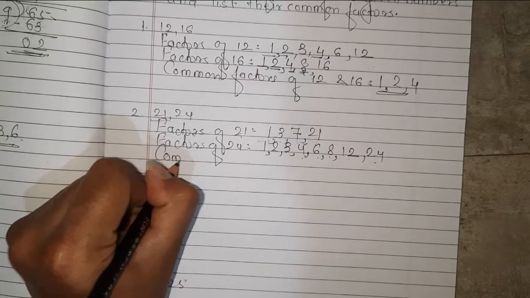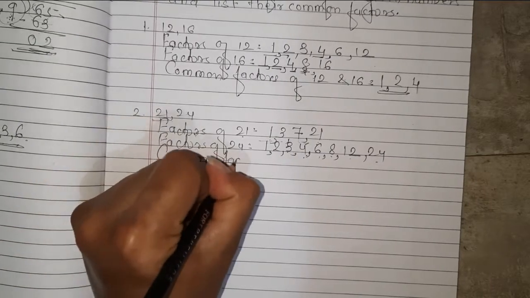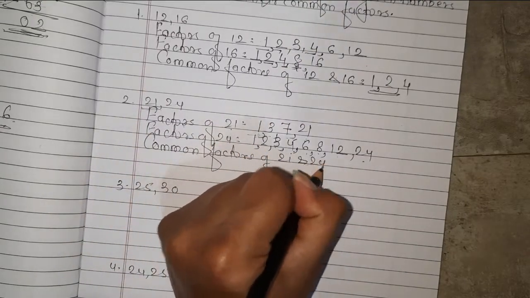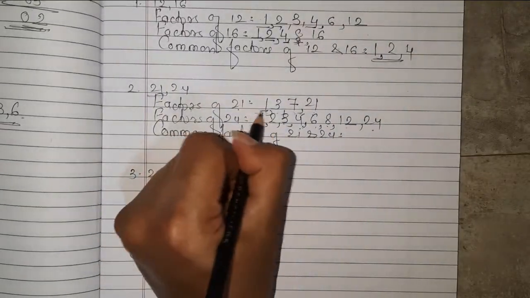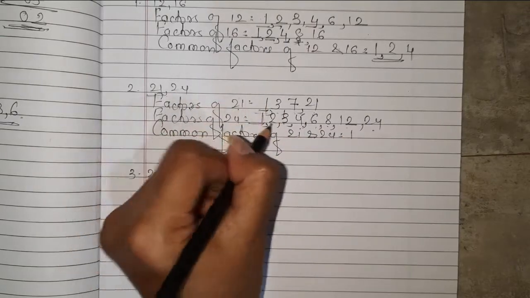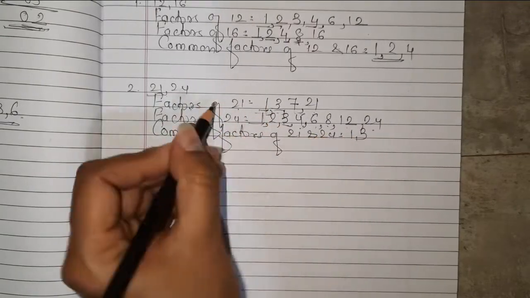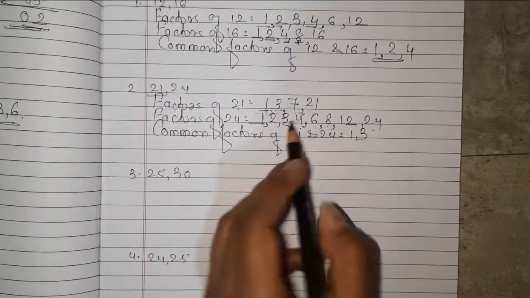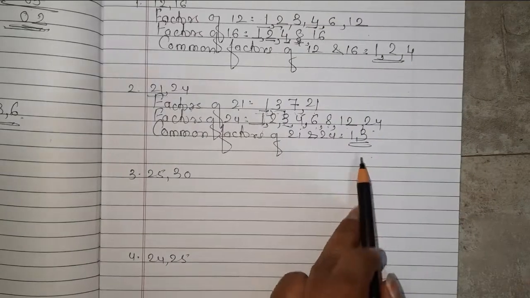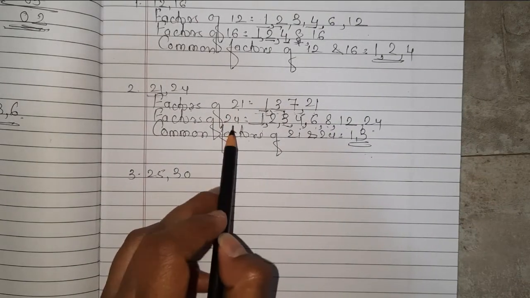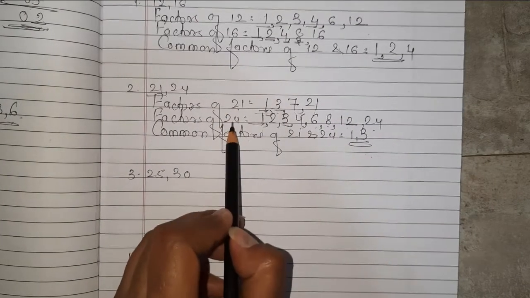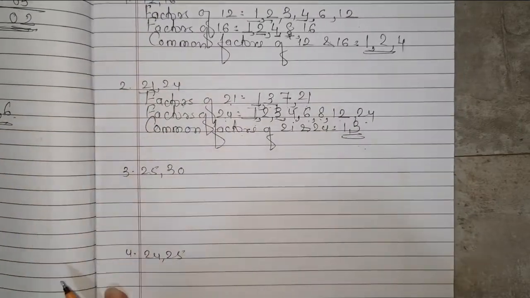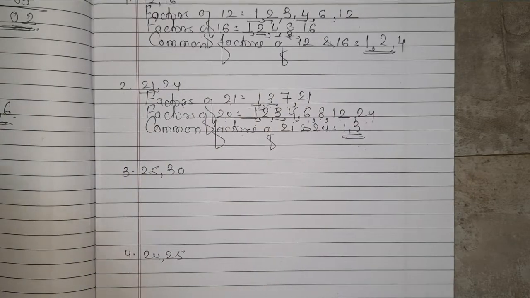Now we will write the common factors. Common factors of 21 and 24. So 1 is common in both, 3 is common. Okay, so only 1 and 3 are the numbers which are factors of both 21 and 24. So 1 and 3 are the common factors of 21 and 24. Okay, now next,